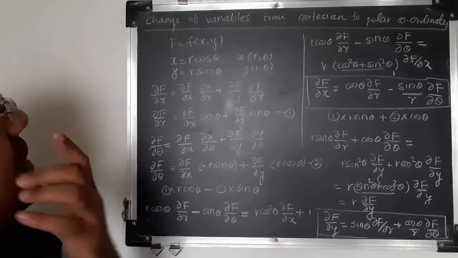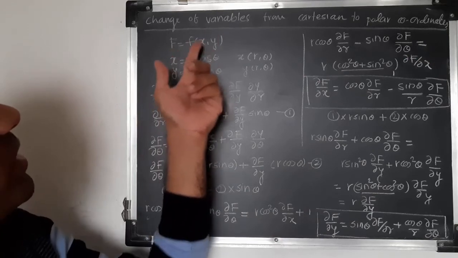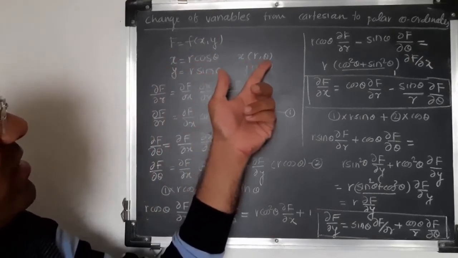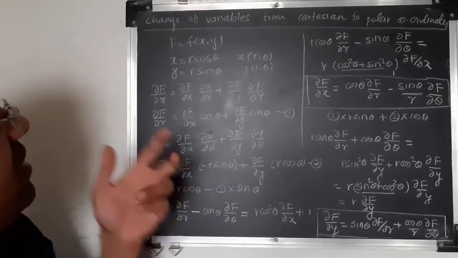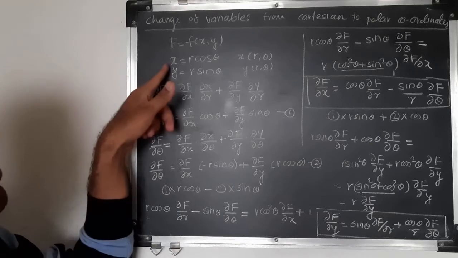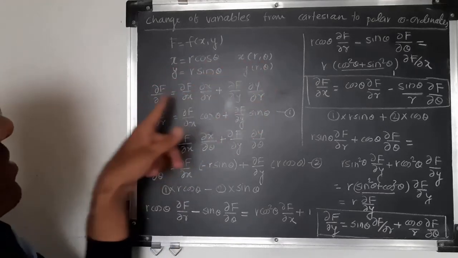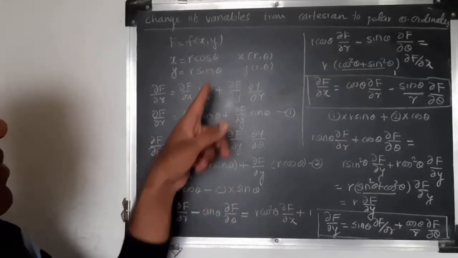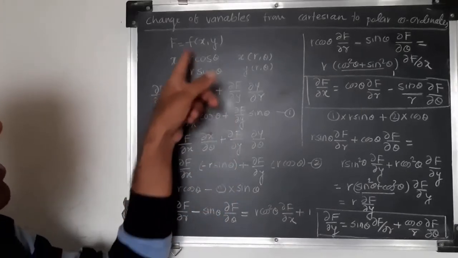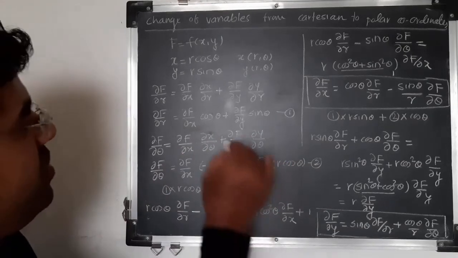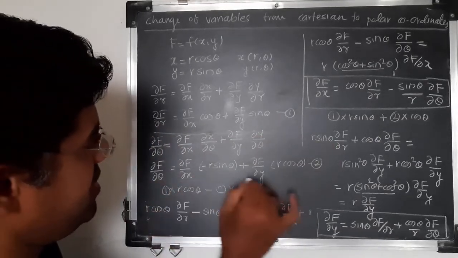So what we have taken here is f as a function of two variables x and y. Again x depends upon r and theta, which are the polar coordinates. We apply the chain rule here. So ∂f/∂r, because x depends upon two variables, that's why ∂f/∂r, this is 1. We will find ∂x/∂r using this, so I will get cos theta in all this. These are two equations, this is one equation and this is another equation.